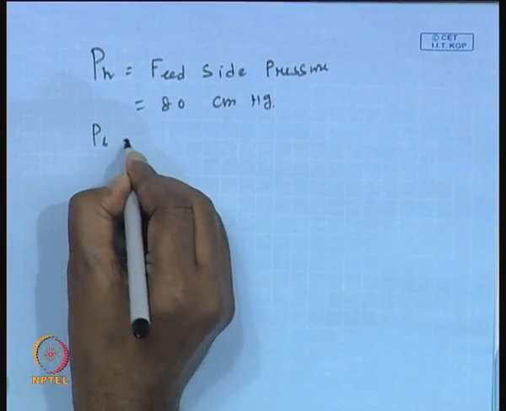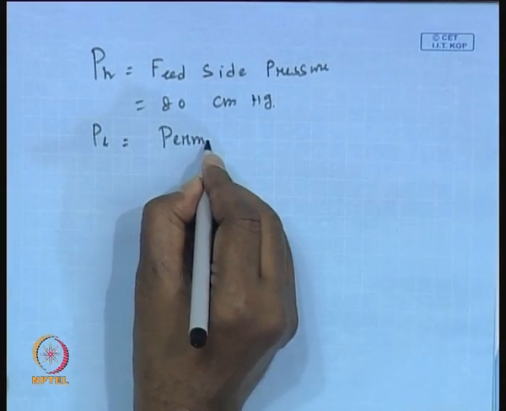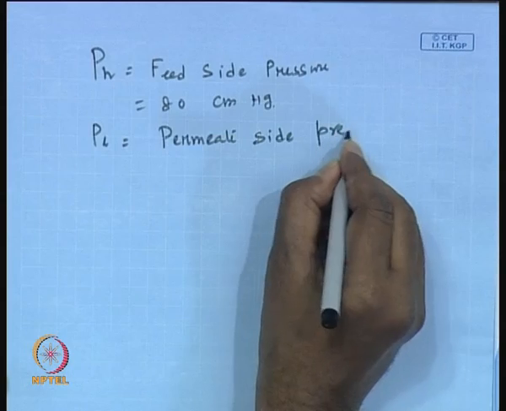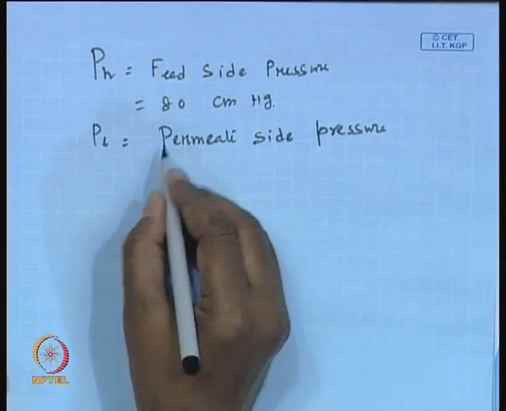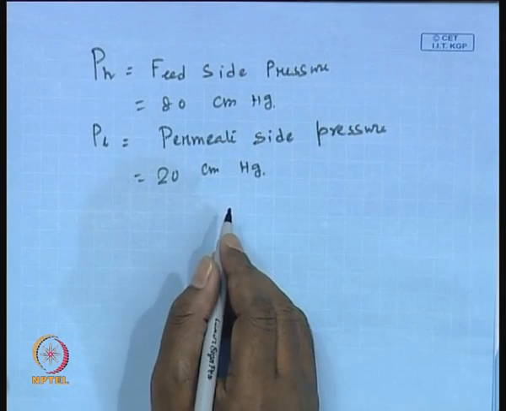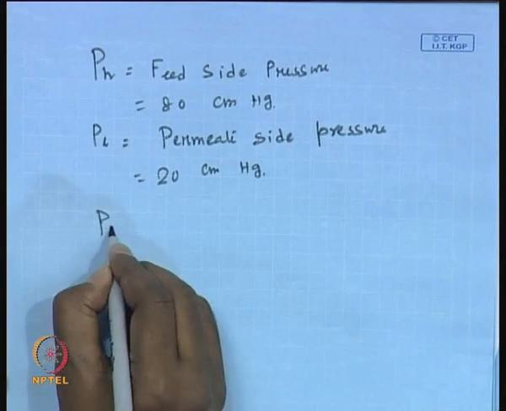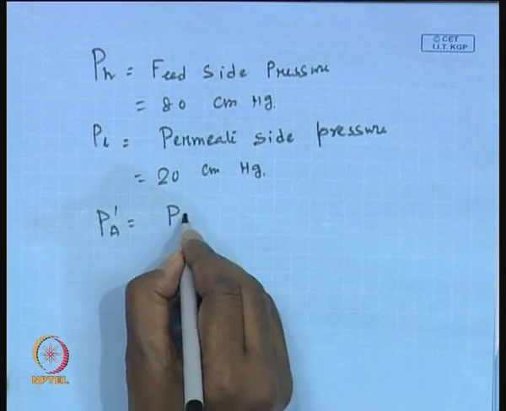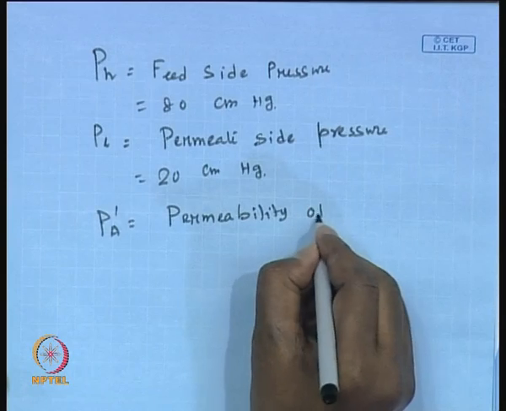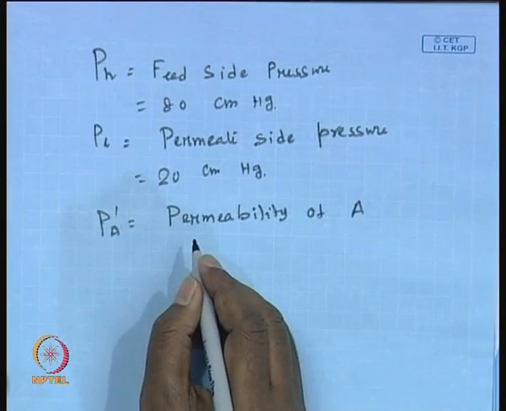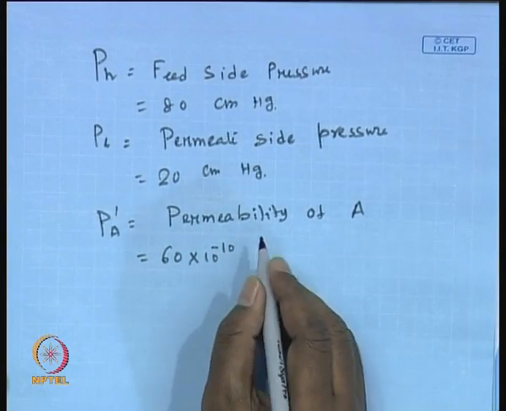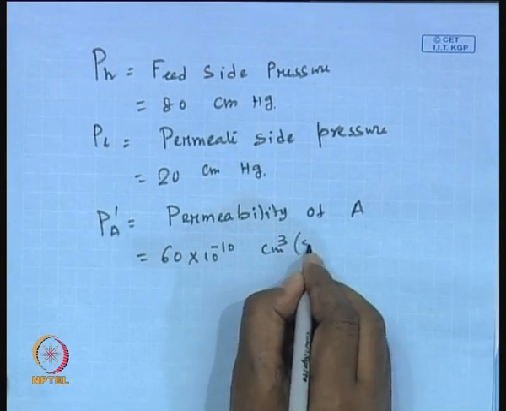Okay. PL, the permeate side pressure, that is 20 centimeter mercury, and the permeabilities of the two species are given. Pa prime is the permeability of species A, and this is given as 60 into 10 to the power minus 10 centimeter cube at STP